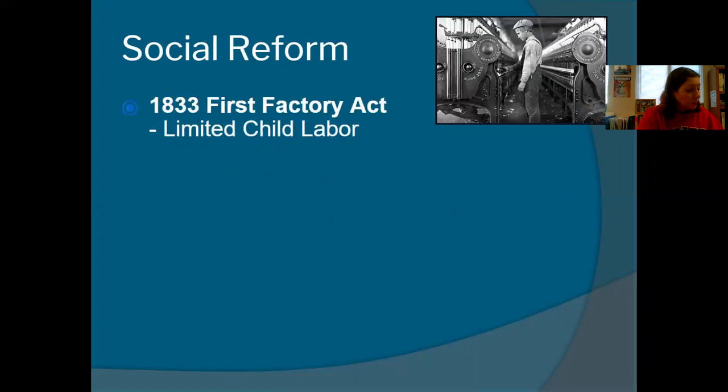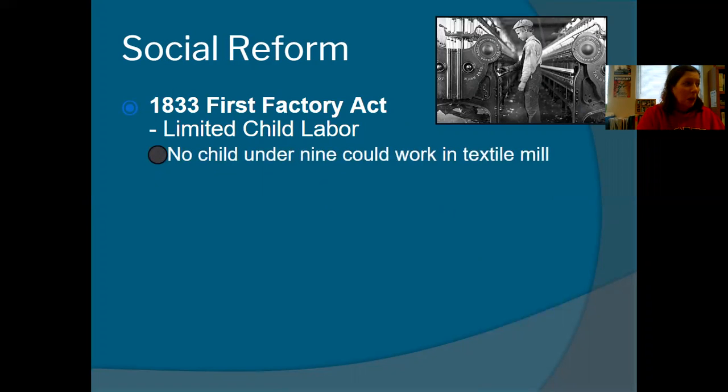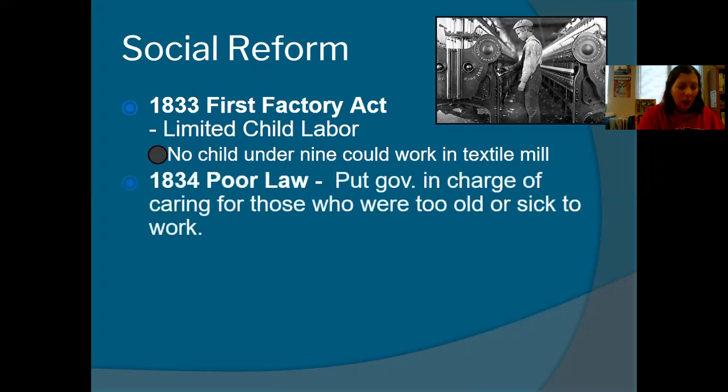Social reform. Again, I'm on page 405, so if I'm kind of glancing over, looking at the book here. So some of the earliest legislation came in the 1830s. Okay, Parliament passed their first Factory Act, and that basically limited child labor. According to this law, no child under 9 years of age had to work in a textile mill. And so kind of a cool thing that we don't have little 4 and 5-year-olds running around and getting injured.